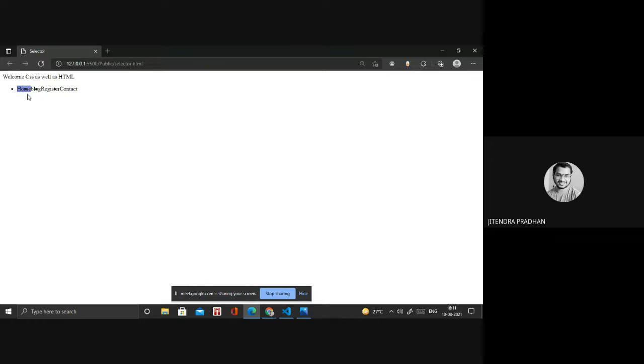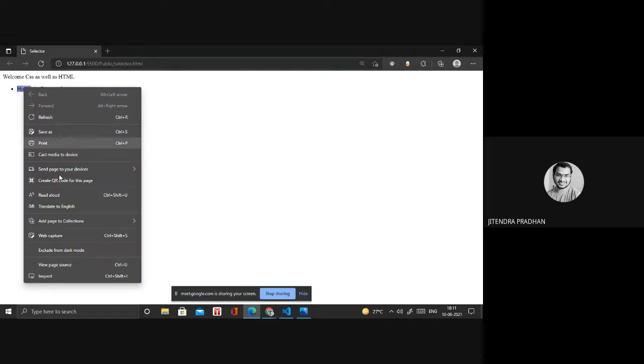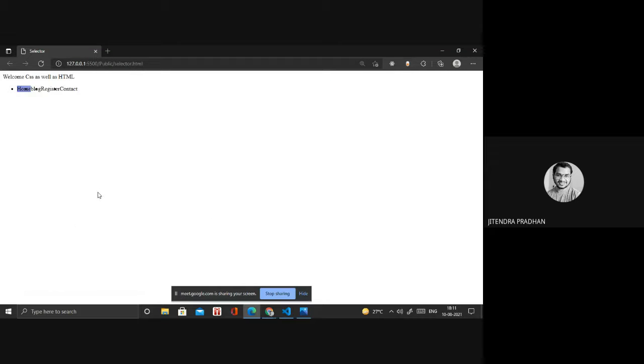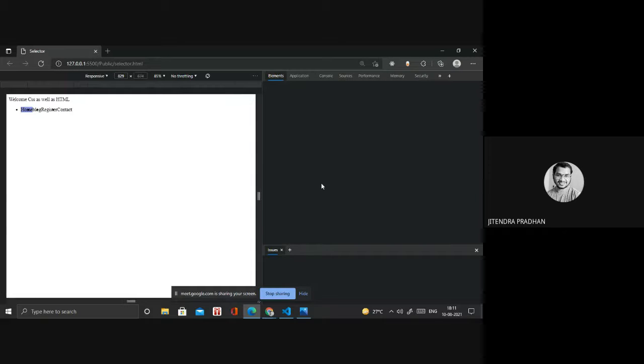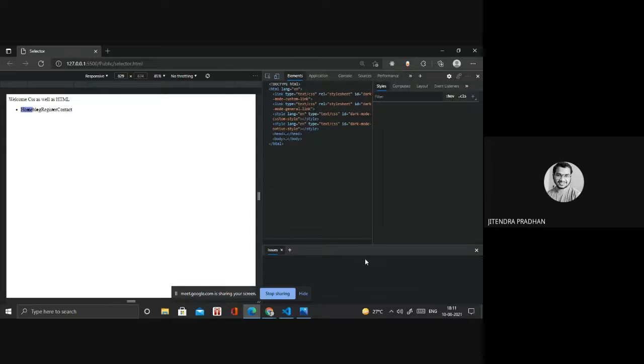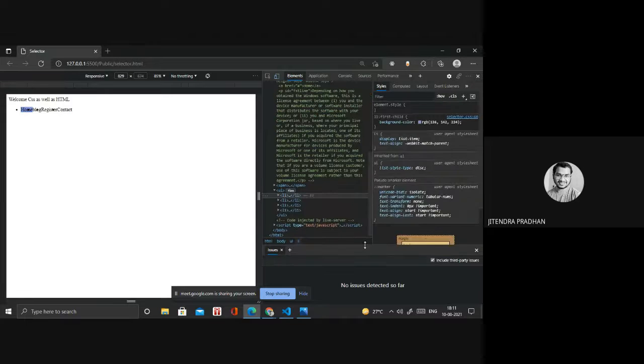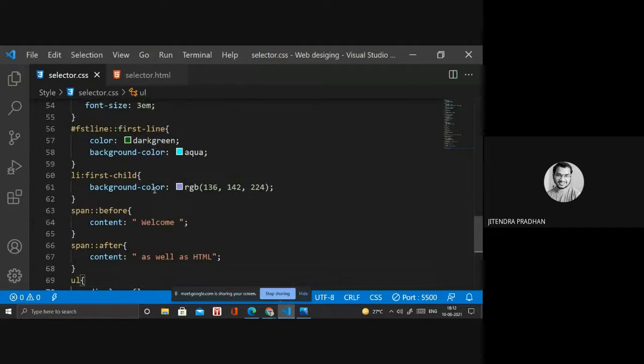But where is that color coming from? It's the li first child, that's why it's coming like a background. If I remove that one, it does not apply any color in between. So we have first child there. I will remove that.